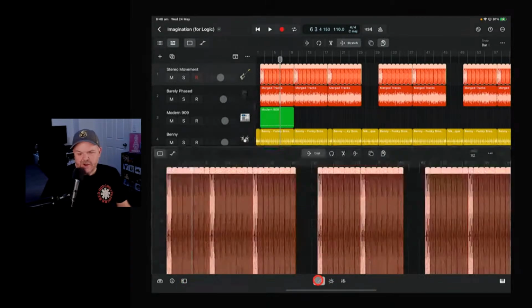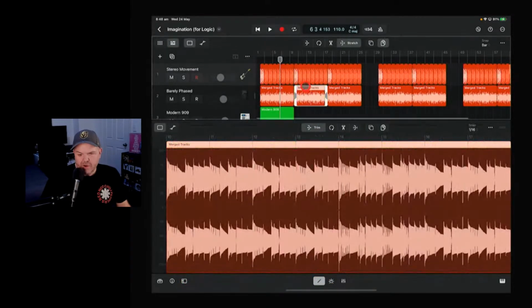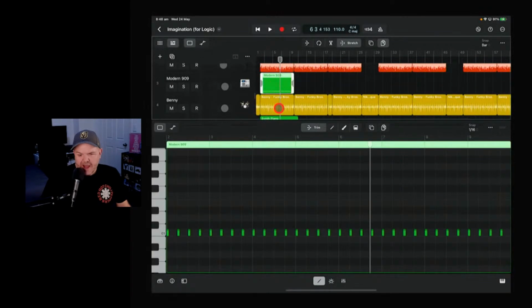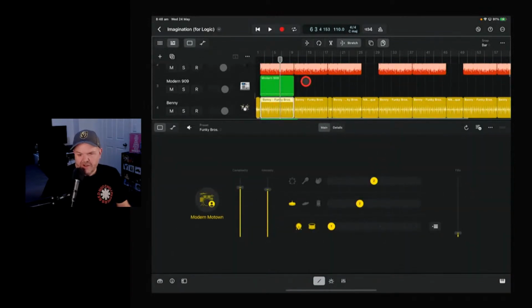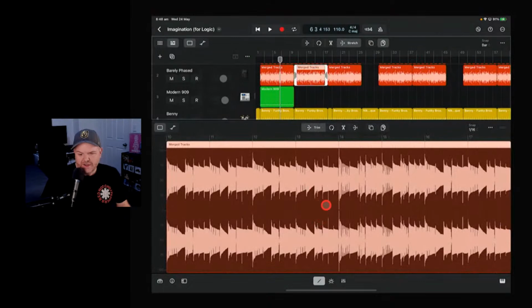Then you've got your editors window here. This brings in your edit mode where you can go into regions and your MIDI editor or your drummer editor, depending which type of track you've got, it's going to be a different view there. And you can see here you've also got trim, loop, split, and stretch controls within the region editor. So the same controls you have here for your overall regions, you can come into each individual region and do that within the actual region editor, which is cool.